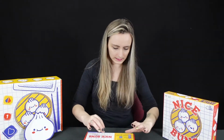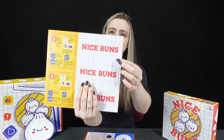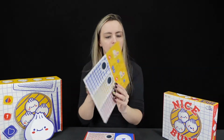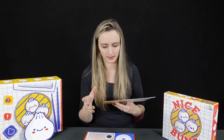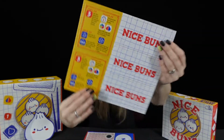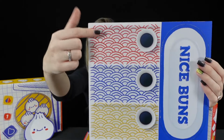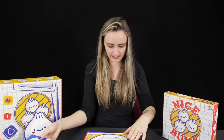So we have punch outs to start with. So we've got this bit that says Nice Buns. These are different colours, so perhaps these are player boards, and some information. So small die, take this amount of buns from the bag one at a time without looking. This might be what it is that you can do based on what you get, so sort of player help tokens perhaps. And we continue, we have more of those sort of coloured ones with a coffee on the side and Nice Buns, but that one is double-sided with Nice Buns. And then